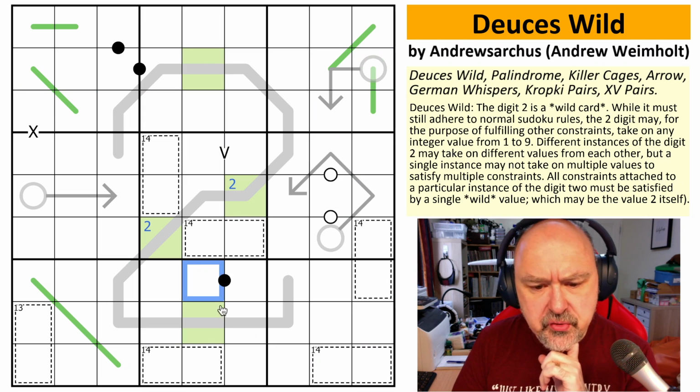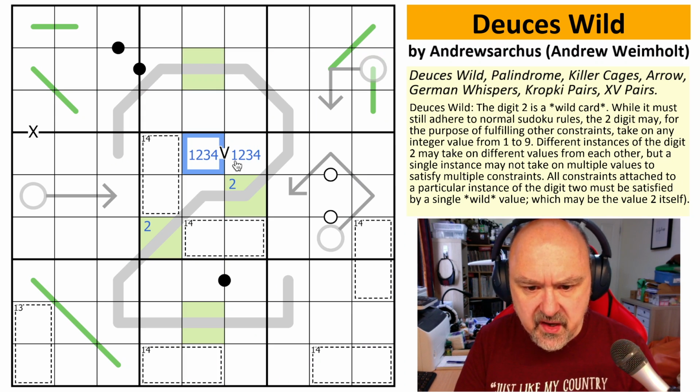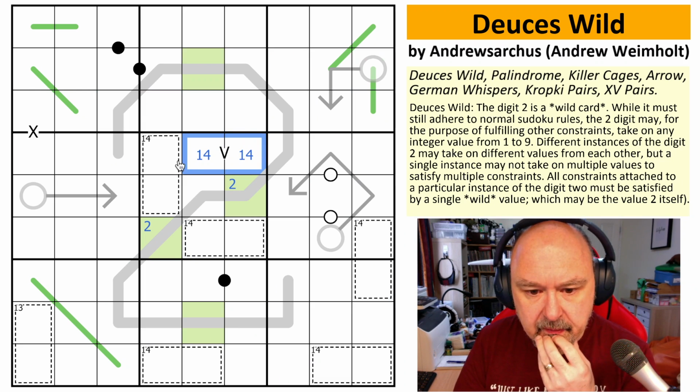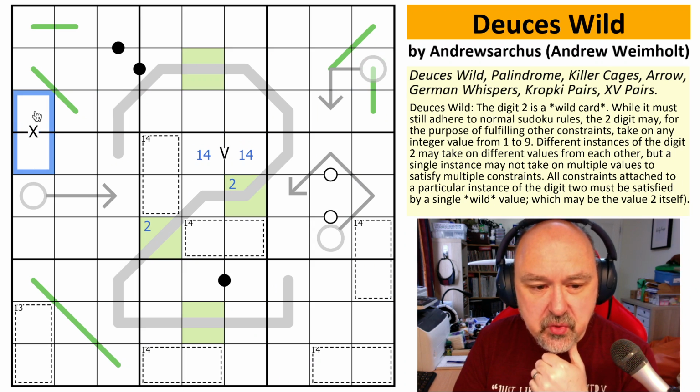Now, I know I can't put a 2 here because there must be a 2 in one of those two, so I can't put 2 in any of those. Well, that restricts this a little because that's 1, 2, 3, 4. I can't put 2 in either of them. So that has to be a 1, 4 because I can't put 2 in either of the cells on the V. That doesn't restrict the 14 cages. It does give me a slight restriction on this X. If it is 9, 1, it has to be 1, 9. Except I can put a 2 on this, so...